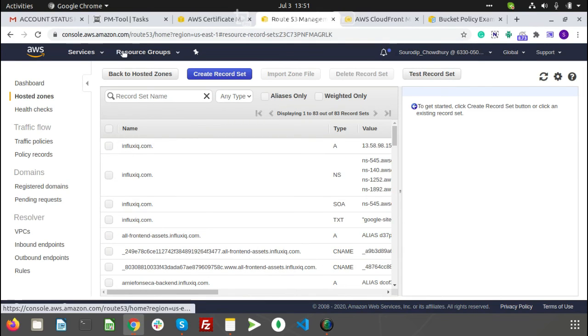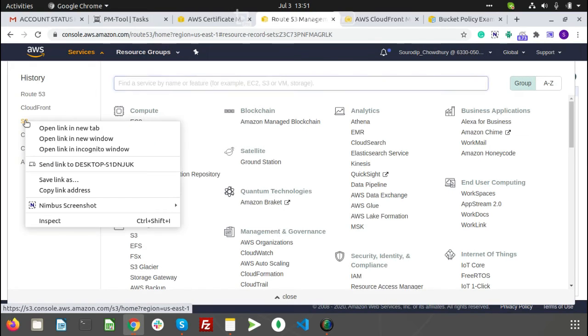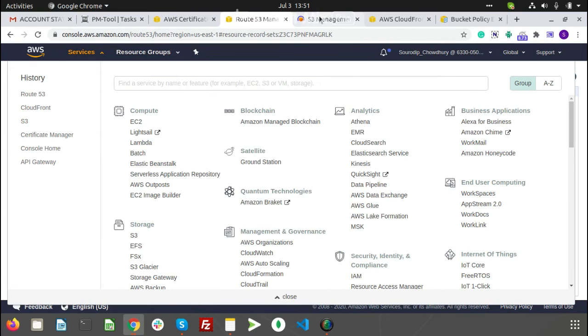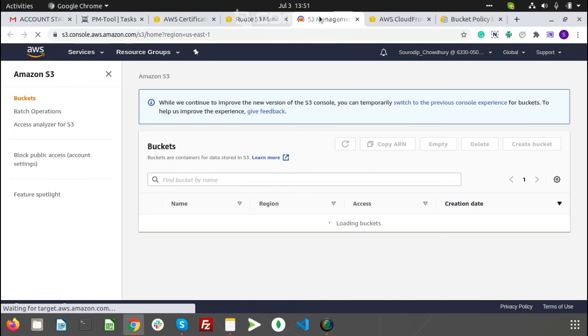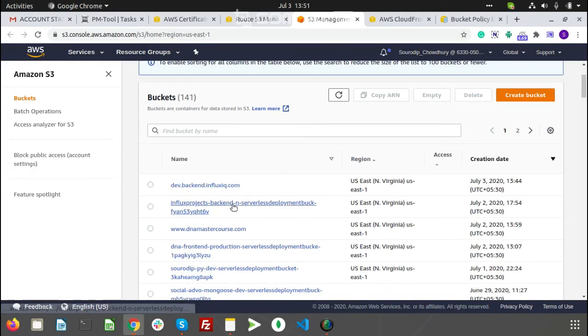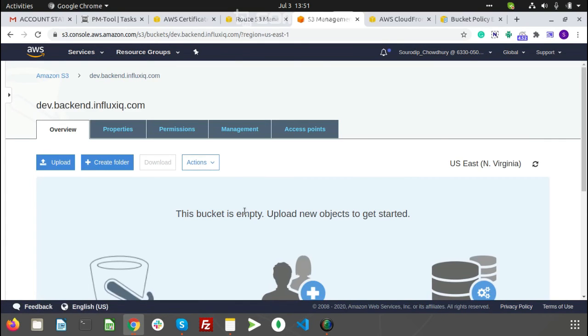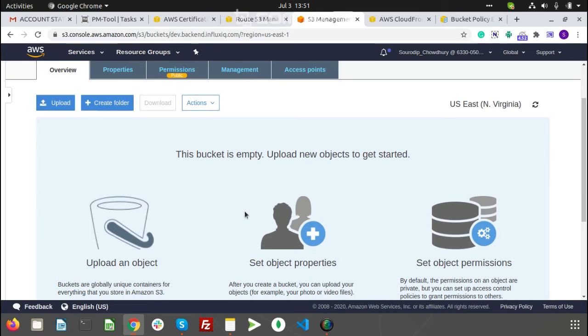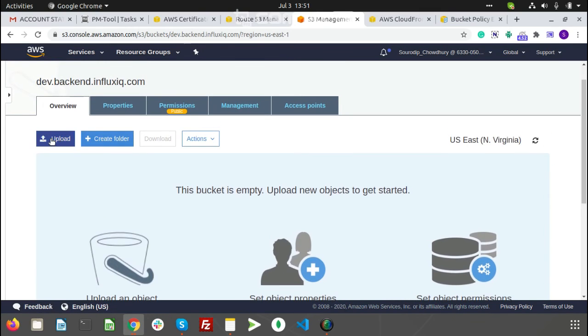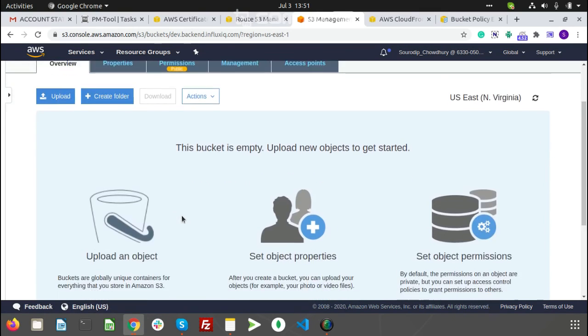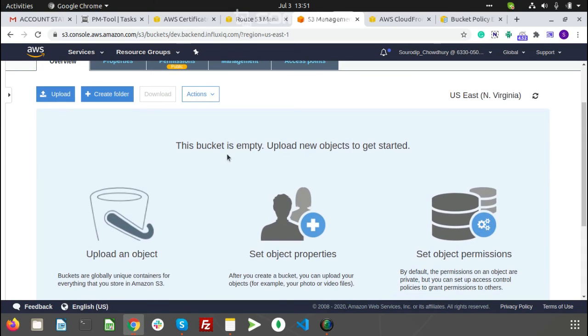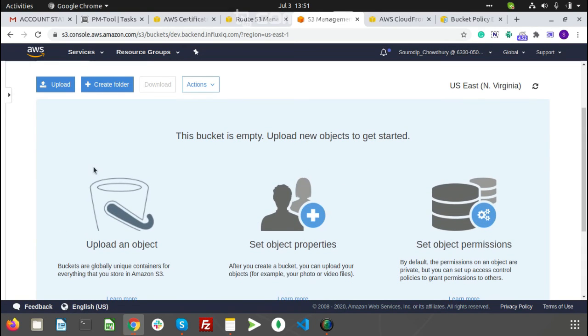After that, we go back to the S3 service, to our bucket, I mean to search for the bucket that we have created. Now our whole template is complete. Now what we need to do is upload our files in this bucket as raw. We don't want it in a folder, we want it as raw files.